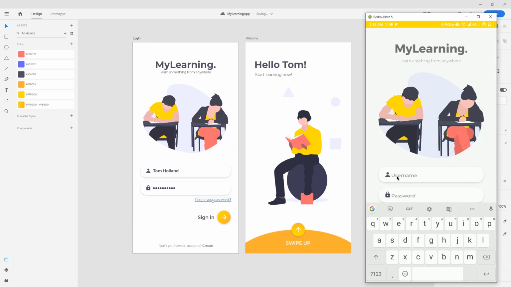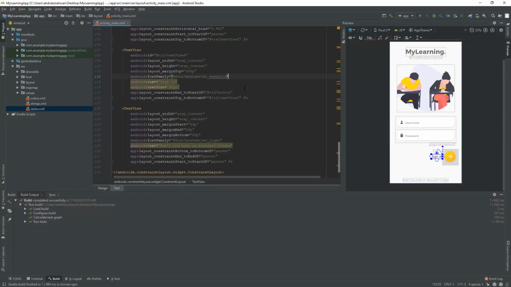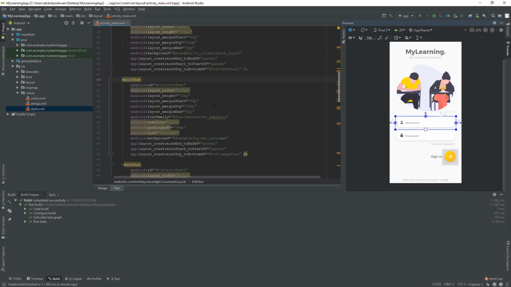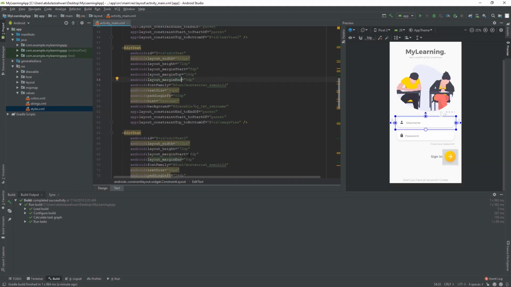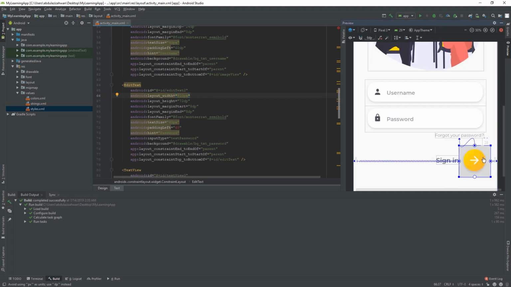Just give some padding. Okay, we need to,